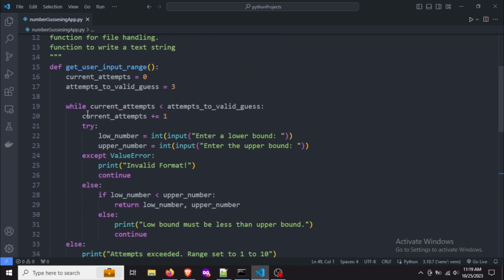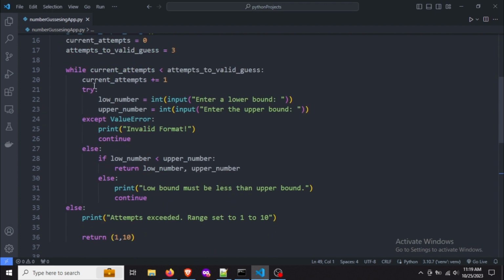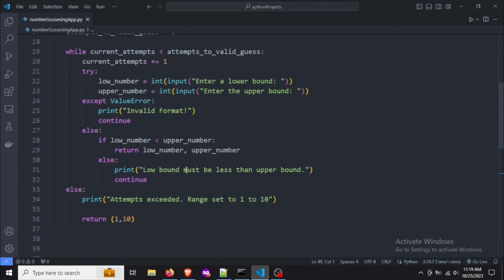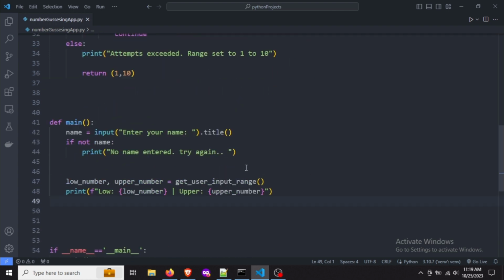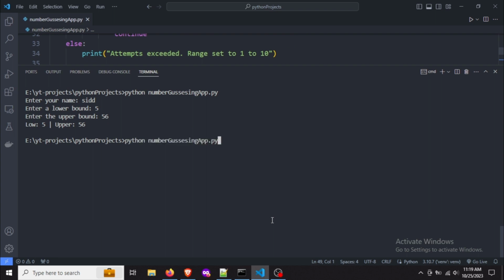It goes to this one here, and it follows all these steps, asking for the user input, upper and lower bound, and then checking all these things, and then returning it. So now, if I run this again,